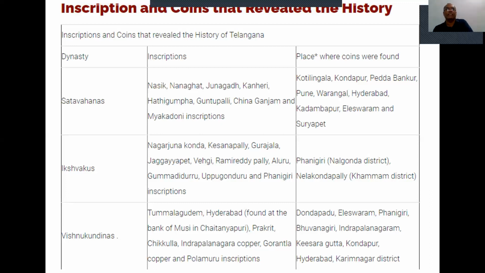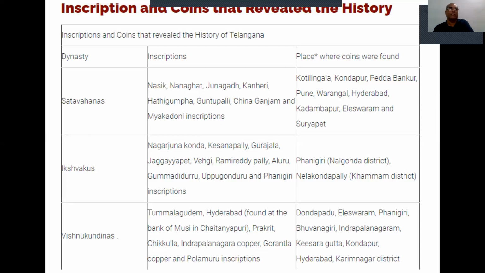So this will be the first dynasty we will be taking up. Here we will try to understand the kind of administration the Satavahanas built up, the kind of society that had developed in this period, the culture of the Satavahanas, and the way they promoted the kingdom or turned it into a welfare state. These are some of the areas we have to examine when we are trying to understand the history of the Satavahanas, which is the beginning point in understanding the dynastic history of this particular region.